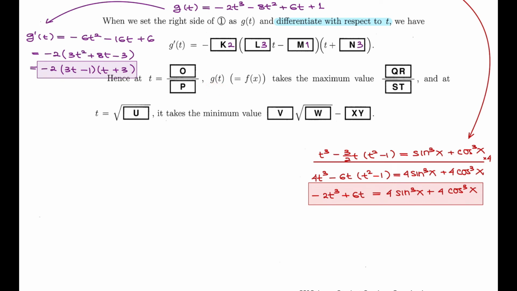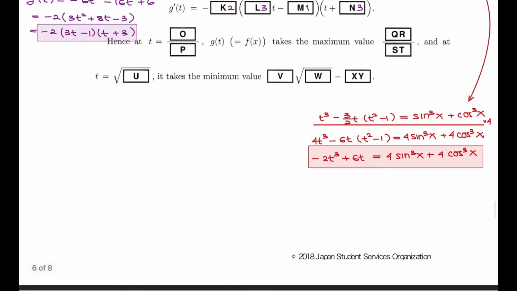Maximum value can be obtained by setting the first derivative equals to 0. First derivative equals to 0 is the condition for the stationary point. So if I set this equals to 0,